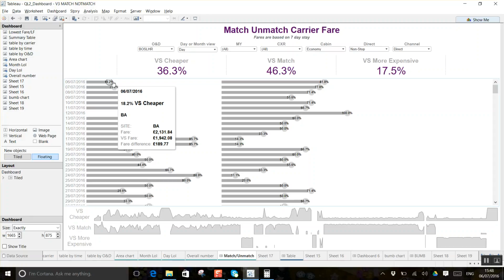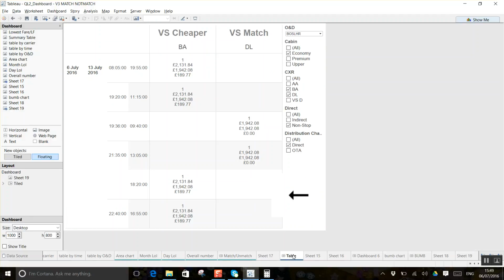So what if we want to look at the exact fare? Here in the tooltip we can see fare, MBS fare and fare difference, but because this is taking the mean fare, it is not showing all the flights of the day. So in this case, it would be nice if we click here and switch to